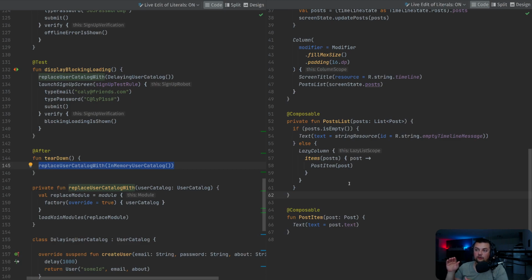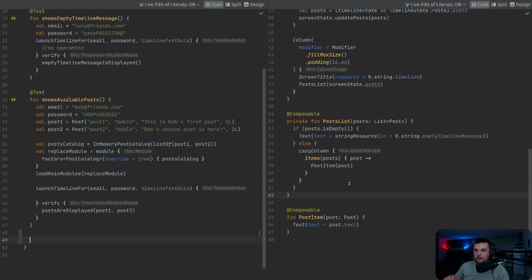We want to have a clean setup for each test, so that it's independent from each other. So I think I've explained this when we were working on this particular test, so we are gonna do the same here. So after, I would do a tear down,